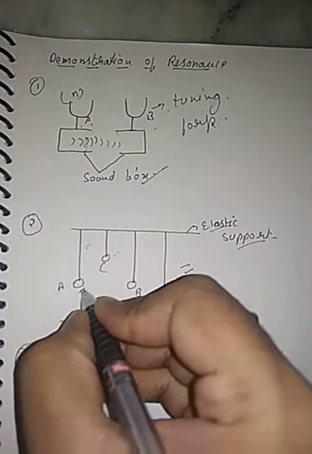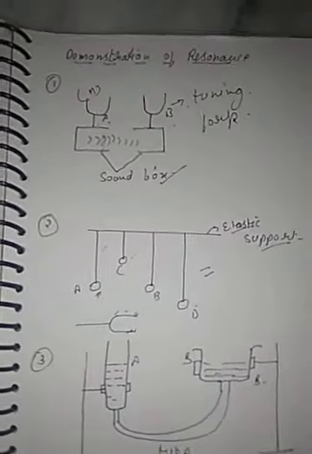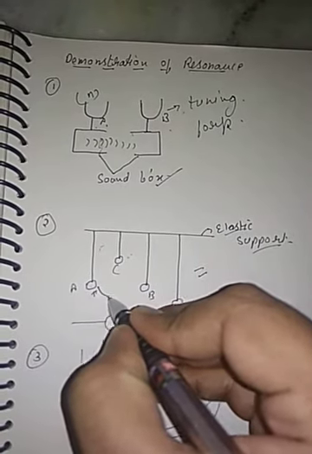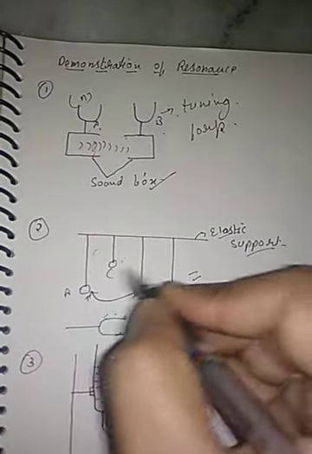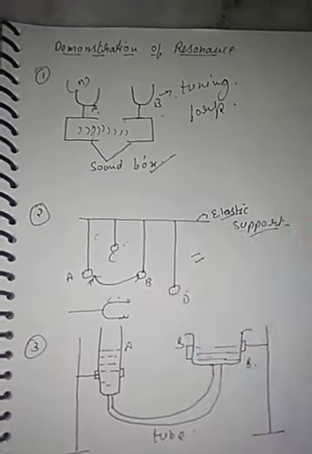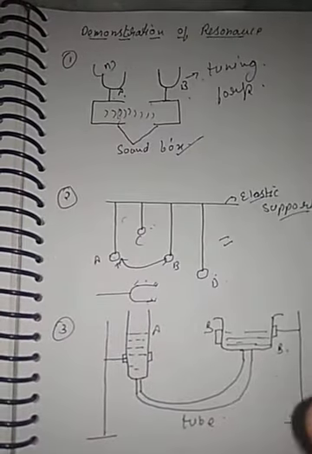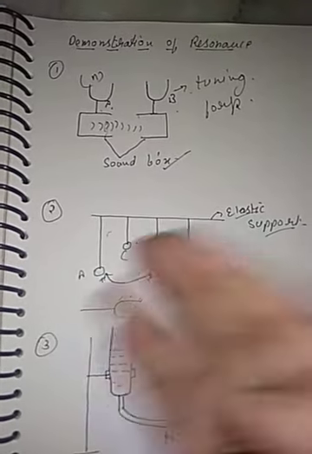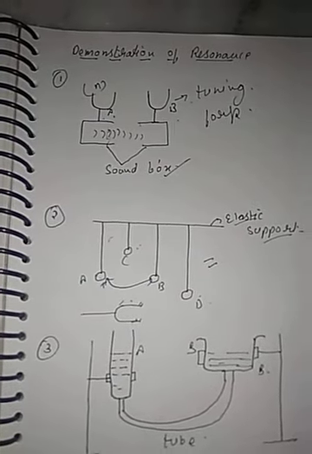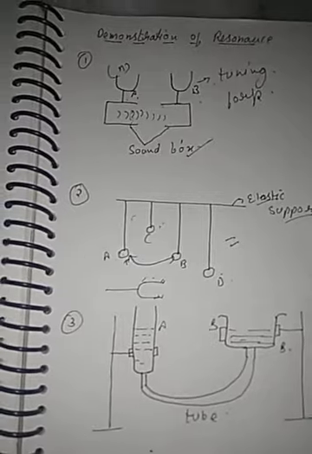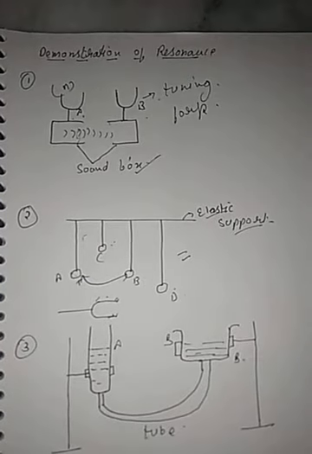This pendulum is disturbed. They give certain energy to this pendulum and it starts vibrating. When it starts vibrating, the energy is transferred to B, because due to the equal length their natural frequency is the same. So as soon as A starts vibrating, the energy is transferred to B and B also starts vibrating. It starts with a smaller amplitude, and then its amplitude becomes equal to the amplitude of A. Again A's amplitude starts decreasing while B's increases. This goes on simultaneously. Clear? Why does it happen? Because the natural frequencies of both pendulums are equal.